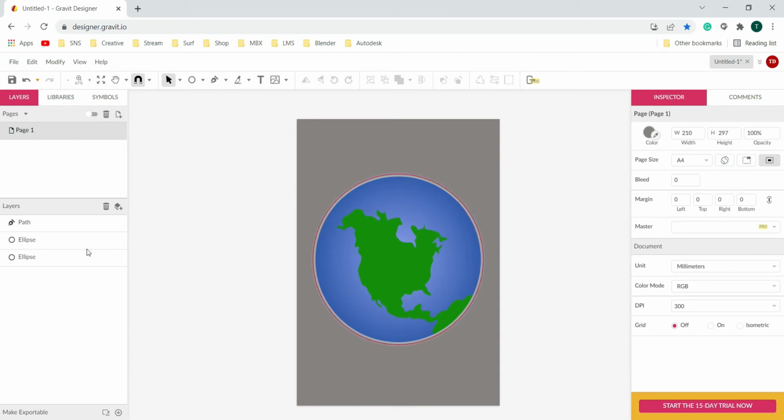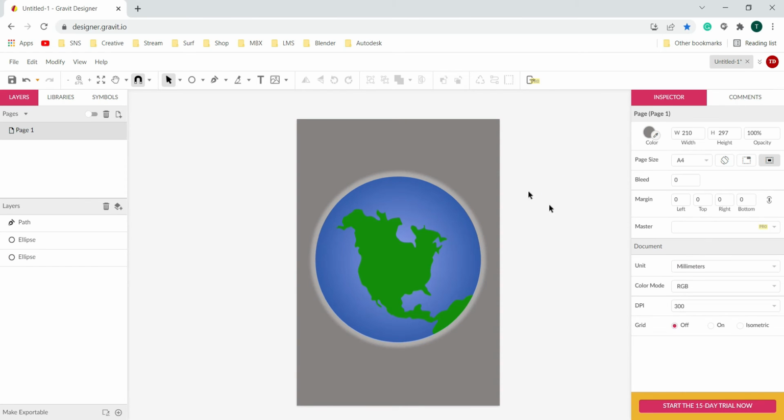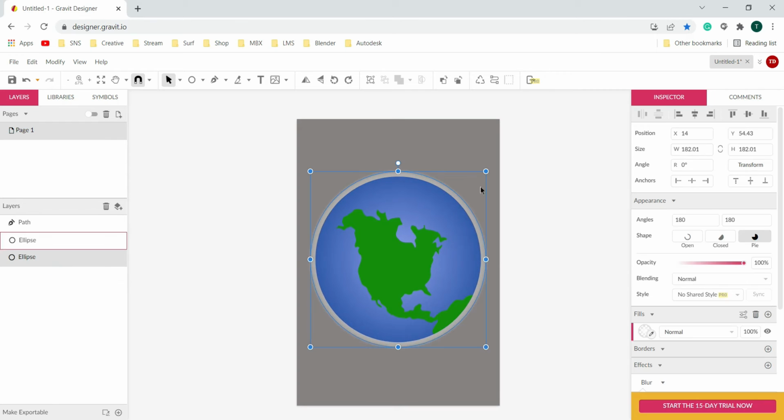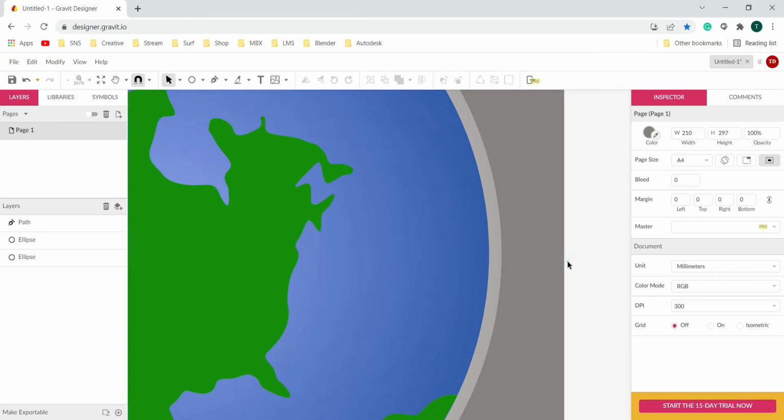Okay. You can increase or decrease its size depending on how big or how tiny the glow you want. For me, I want just a tiny amount, not much. So this is good enough for me. Now, if I zoom in, you can see